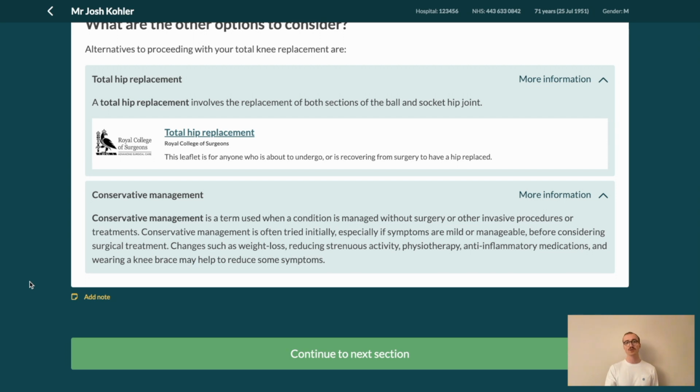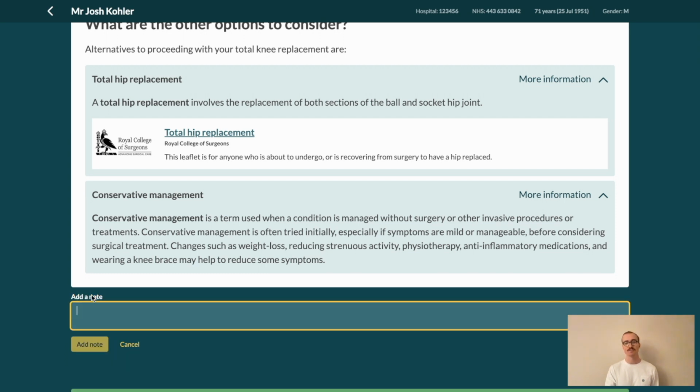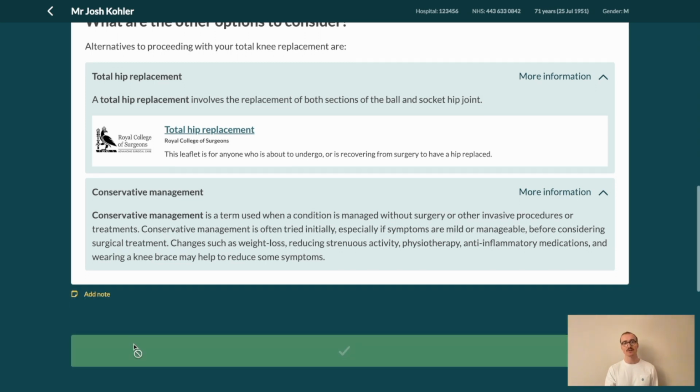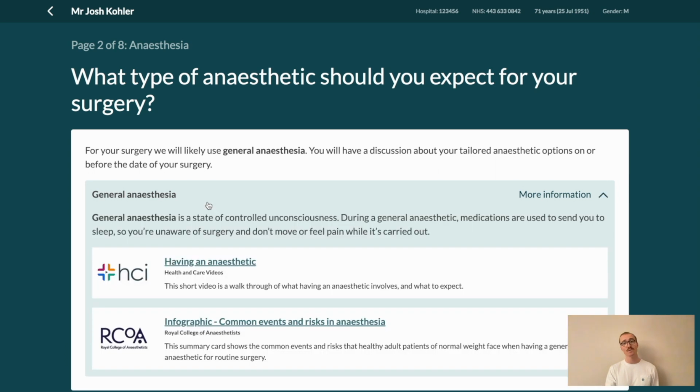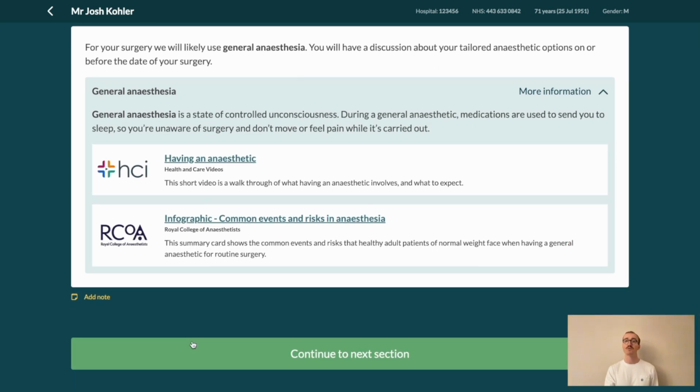Consult view is divided into a few sections. Firstly, broad information regarding what the treatment involves, the indication and purpose, as well as the alternatives. As in clinician view, notes can be added to any section to add context or document conversation. The second page, for relevant treatments, outlines the anaesthetic options, again with additional information, for example from the Royal College